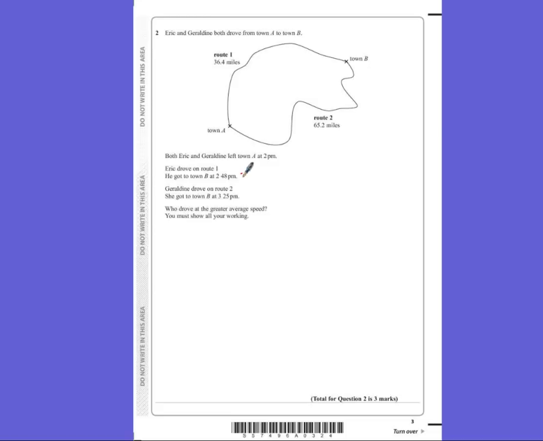So first of all, he took 48 minutes and she took an hour and 25, which is 85 minutes. We're best off keeping this in minutes because going to hours, it ends up being decimals that are quite difficult to work out. So to work out Eric's average speed, on route 1 he covered 36.4 miles in 48 minutes, but we want it in miles per hour, not miles per minute. So we need to times that by 60, which will give us